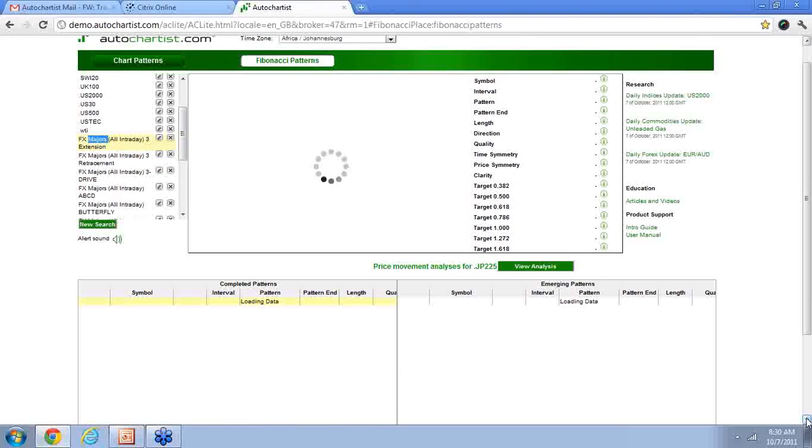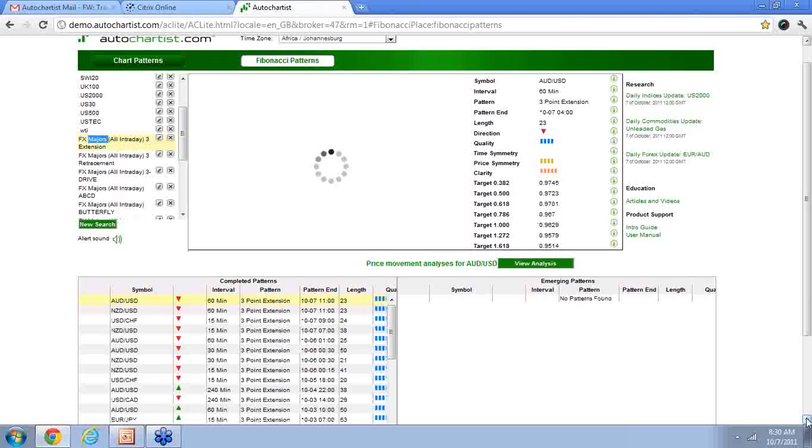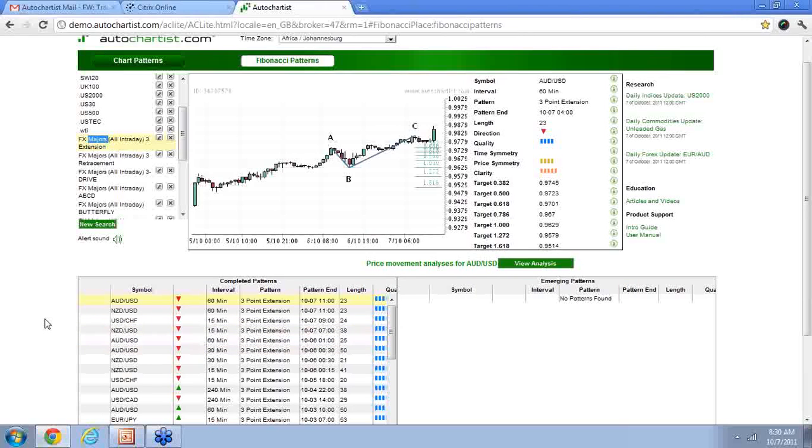And we're crunching away at the data. All right, we have no emerging patterns, but we do have a 3-point extension in the Australian US dollar. And there it goes. Here's a case where it was formed, but we didn't get very much follow through. So the market was stronger than the pattern identified. Mathematically, the pattern had set up a top at C. But what controls the pattern ultimately is volatility and momentum and a trader's will, or the collective traders